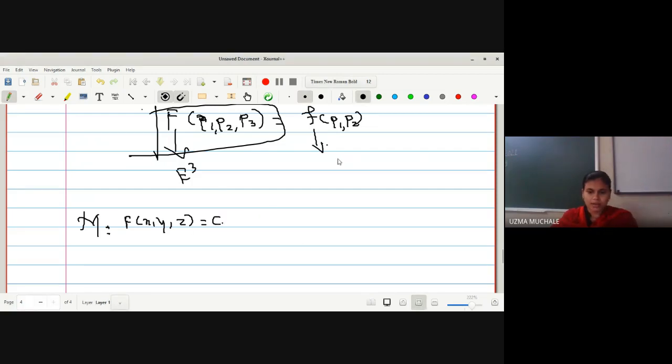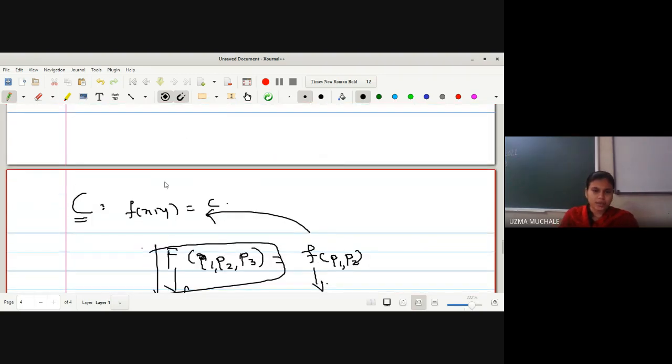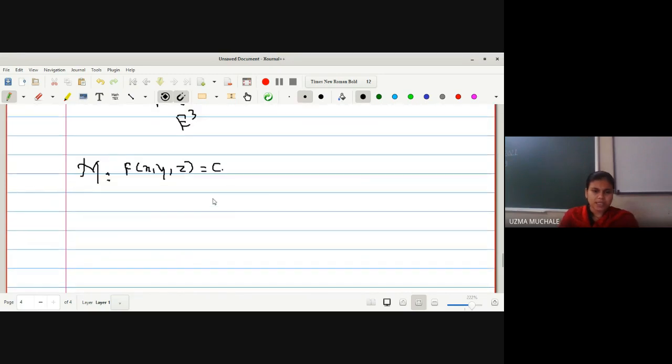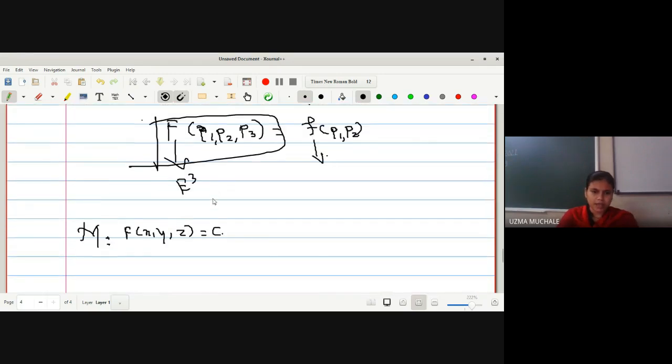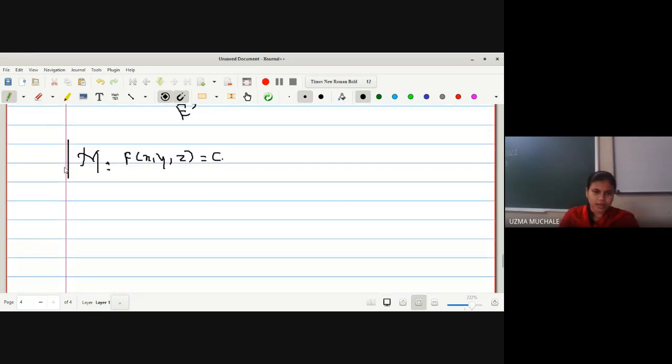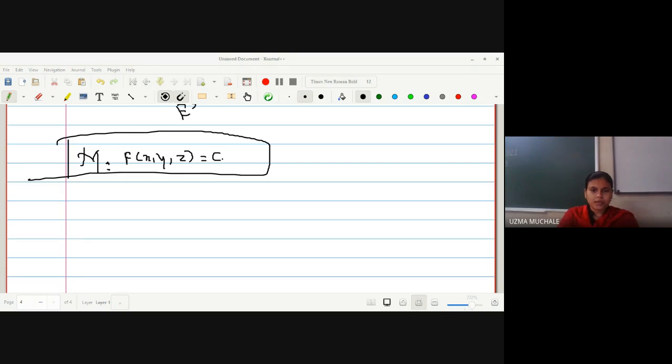क्योंकि आपका F(x,y) is equal to some constant c, आपका कर्व हमने डिफाइन किया, तो यहाँ पे चेंज क्या है, सिर्फ आपका z वेरिएबल में चेंज है, राइट। So I can define this with the help of m is F(x,y,z) is equal to some constant c, right। Now you have to check whether it is a surface or not। तो ये चेक करने के लिए आपको क्या चेक करना पड़ेगा, dF, right।